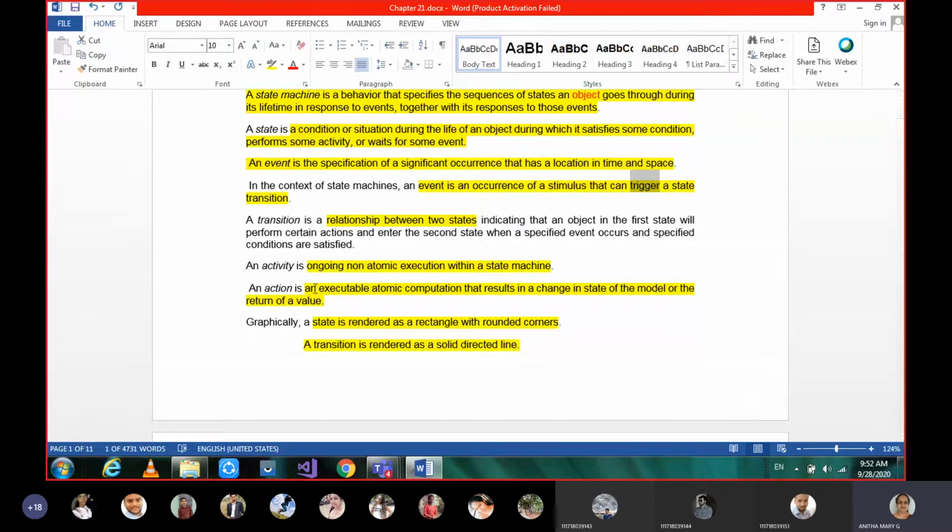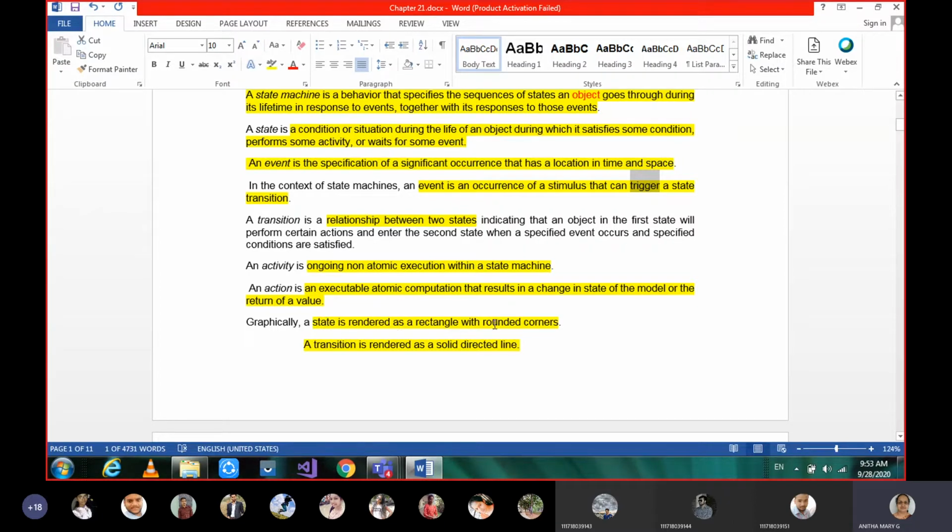Such things we call atomic executions within a state machine. Okay, and sometimes the model or the return of a value also can be given from the state. So we need to have this terminology to learn further about state machines and how exactly they are given graphically.